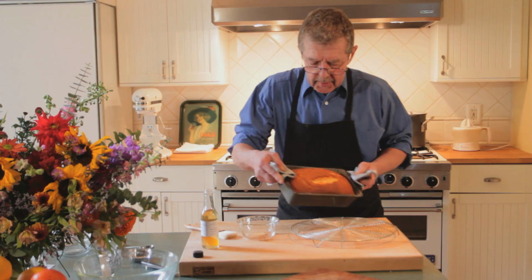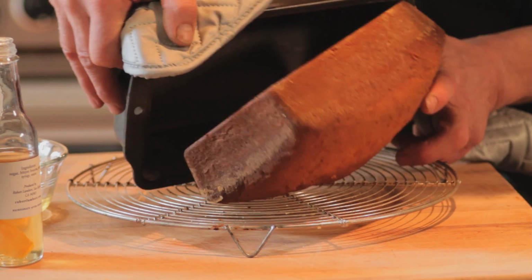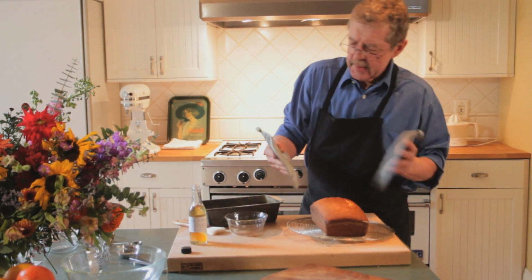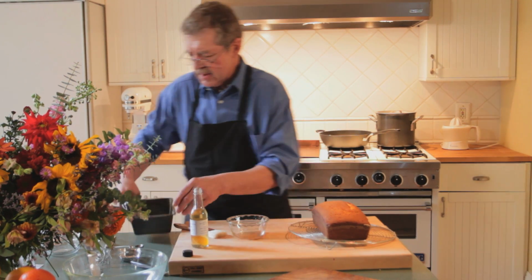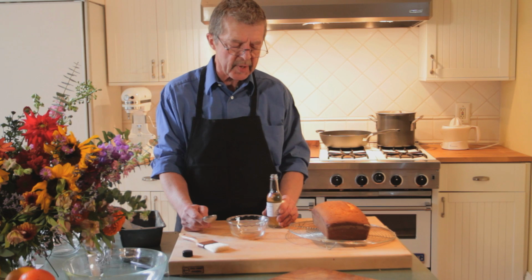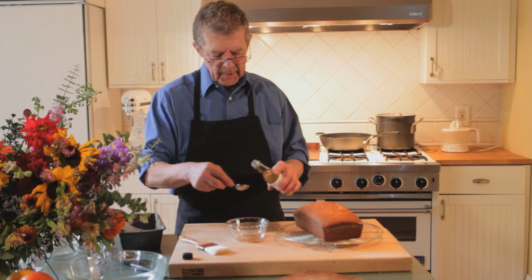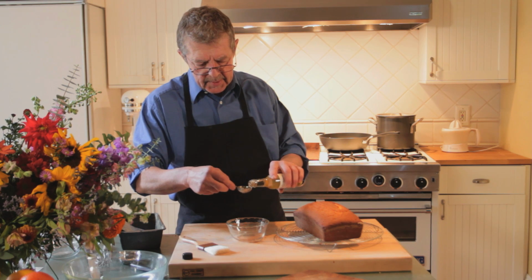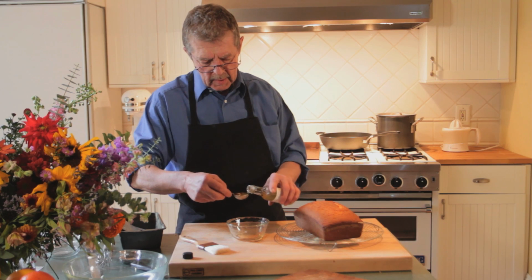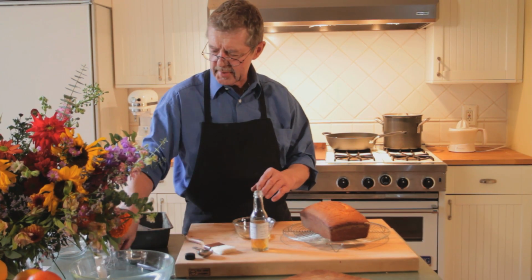So we're going to turn it out. And this is the step that kind of intensifies the lemon flavor, but it also kind of seals the cake so it stays moist. And I'm going to add another 2 tablespoons of Meyer lemon syrup. And pierce the top of the cake